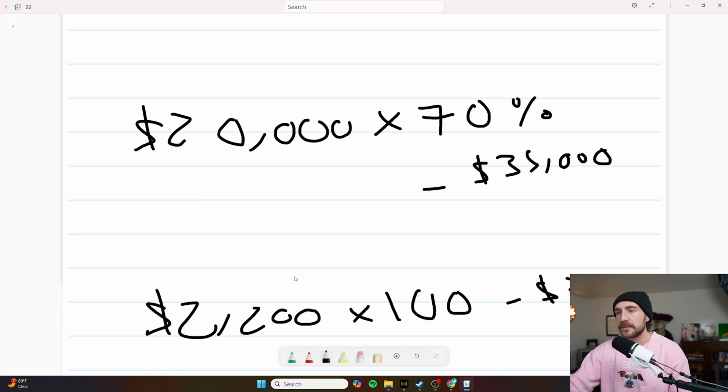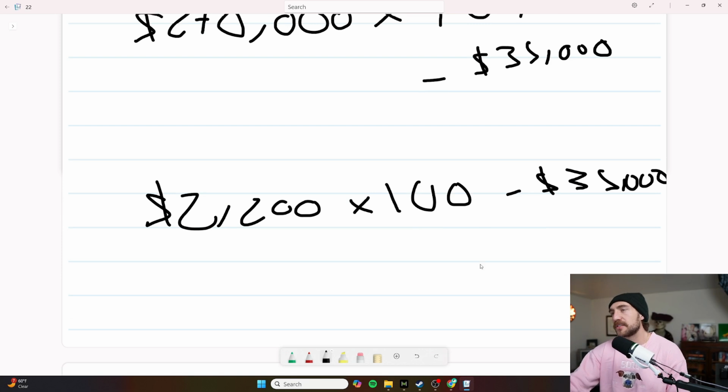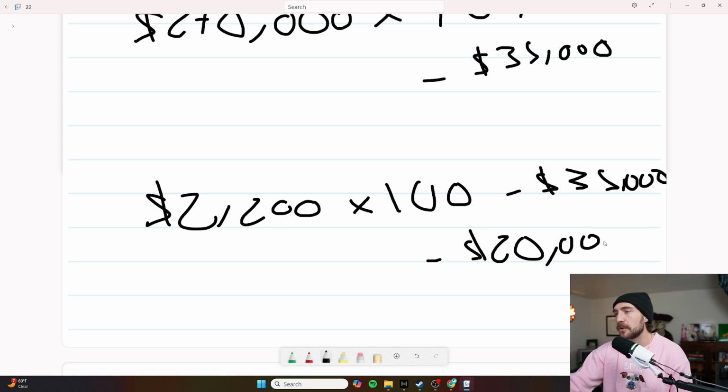I actually think this is a 270K house. I'm going with it. Gut. The gut is telling me. And then guys, just make sure that we also subtract our assignment fee, right? So let's just say for our assignment fee here, we're going to budget a nice little 20K because we're going to wholesale this deal.